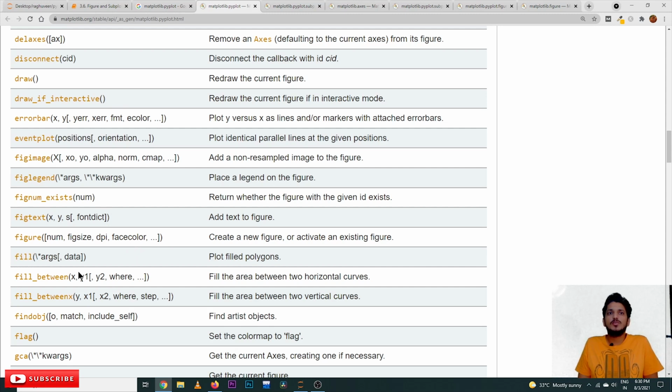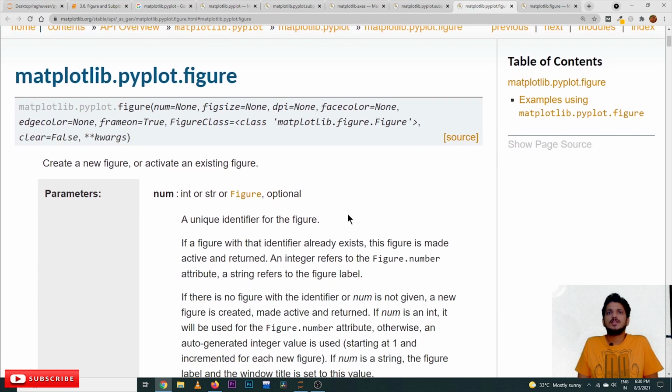The first one we used is figure. If you take a look at this figure function, this is how it looks. The first parameter is num. The second parameter is figsize. We used this figure size parameter previously in our classes. We can give the dimensions, x coordinate dimensions and y coordinate dimensions, and the figure size varies according to the values. The remaining parameters we will discuss in this class, not all of them, just a few. According to the situation, we will understand the remaining parameters also.